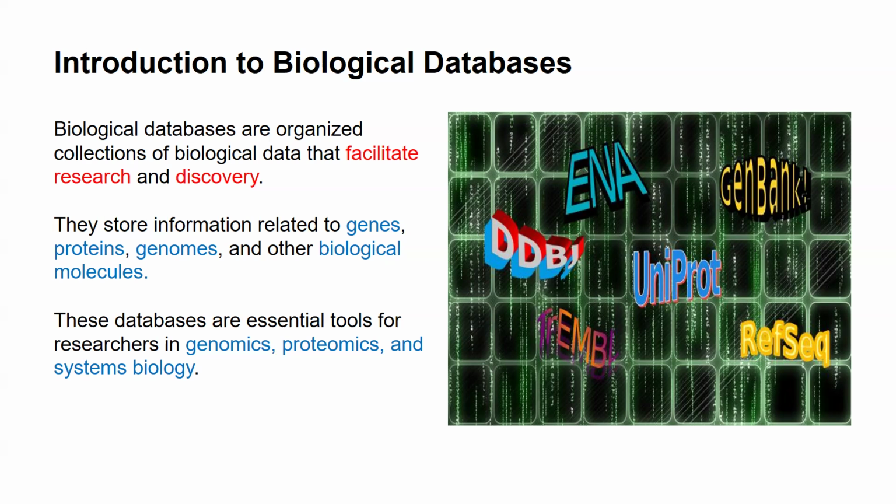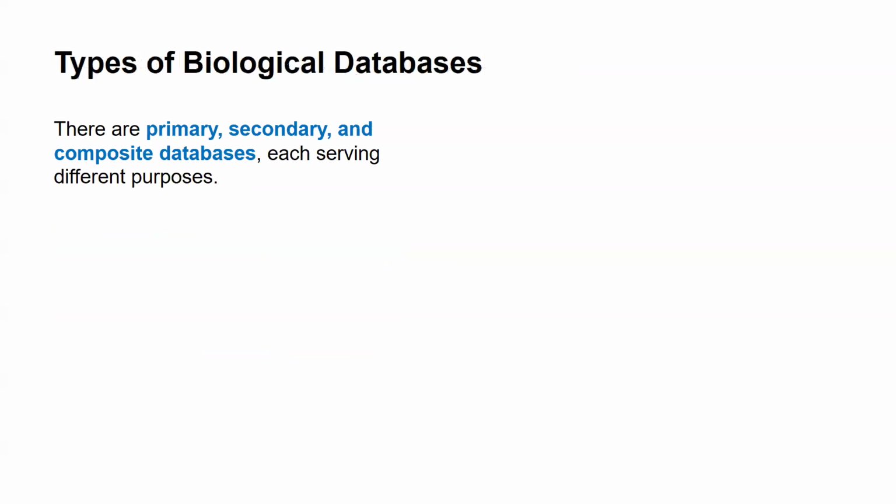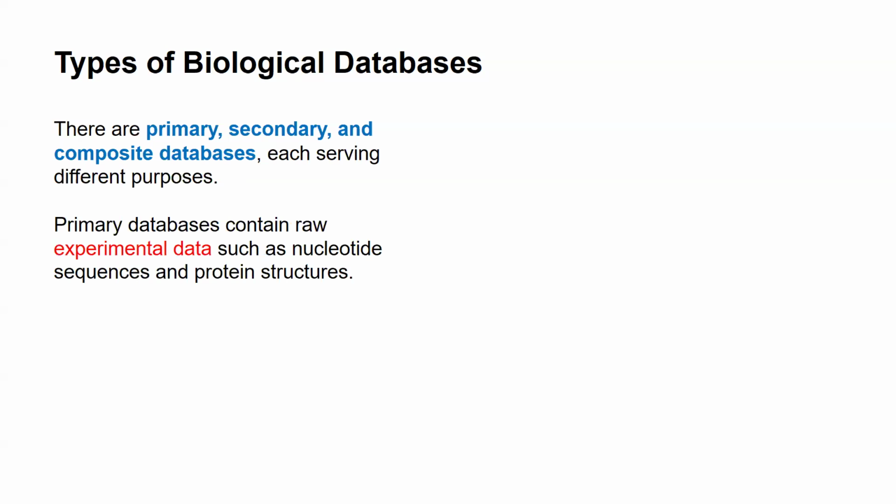So now, what are the types of biological databases? Primarily, we have basically three types. We have primary, we have secondary, we have composite databases, and each serves different purposes. The primary database contains raw experimental data, such as nucleotide sequences and protein structures. So primary databases are the first data that you collect from your experiment